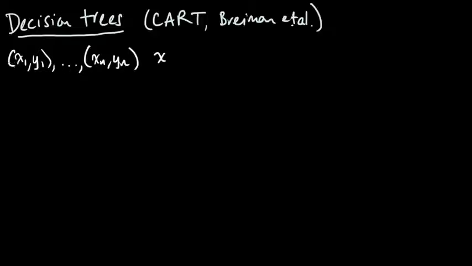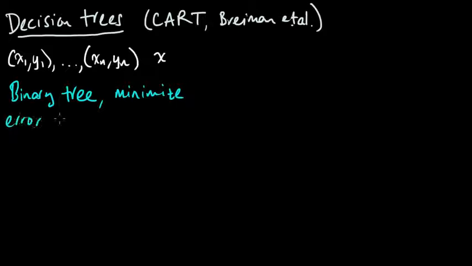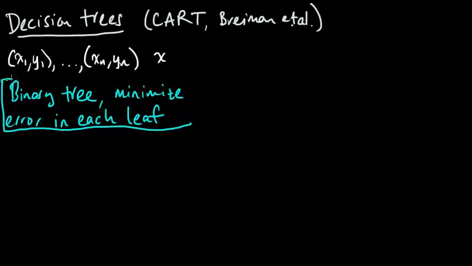So the main idea behind decision trees, at least in the CART formulation, is you form a binary tree and you minimize the error in each leaf of the tree. So that's the main idea. I will explain what that means